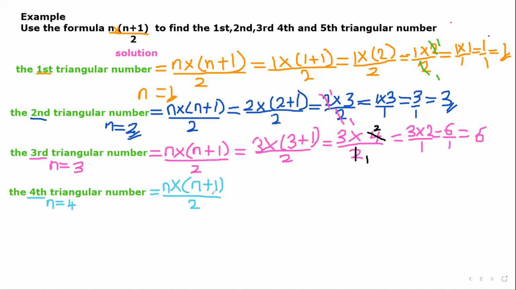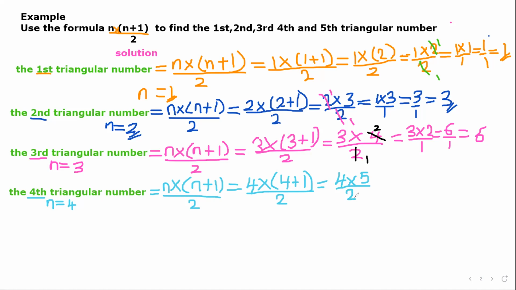Okay, good. And then you substitute the 4 in place of the n. So then we have the 4 times, therefore, 4 plus 1, bracket close, all divided by 2. Okay, good. Then you do your computation, the bracket first. Okay, 4 times, and then when you add the bracket, you get 5,